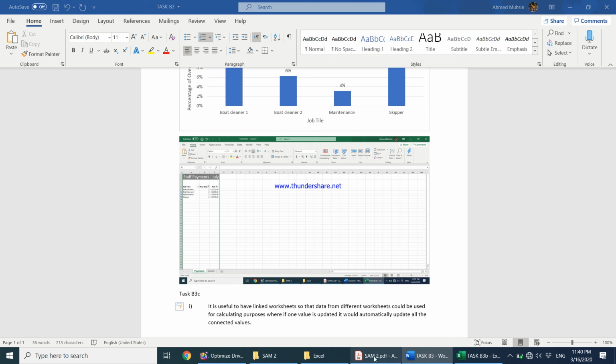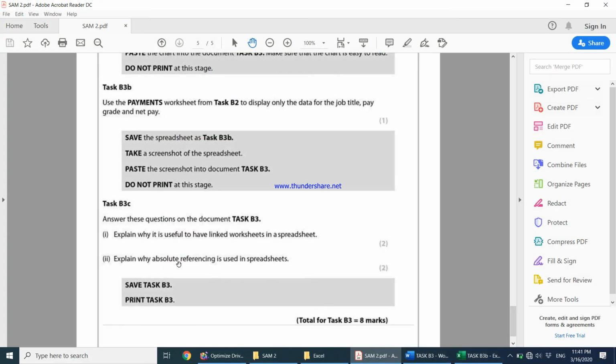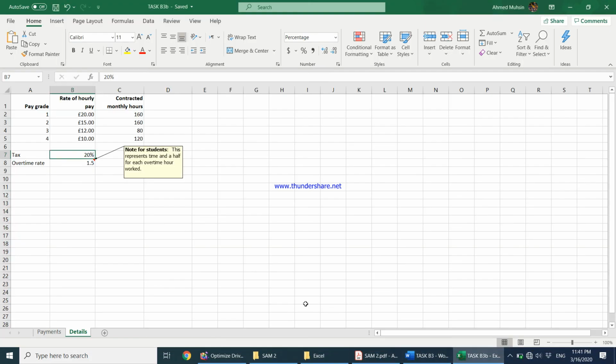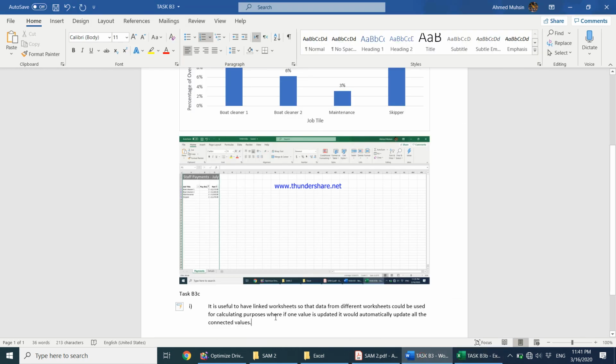Then the next question goes on to ask, explain why absolute cell referencing is used in spreadsheets. So all of you all know what absolute cell referencing is. Okay, where we lock a particular cell so that when we replicate it, the cell address does not change. So we can go on to say absolute cell referencing is used so that the cell address of a particular